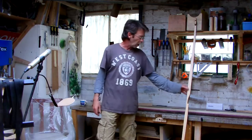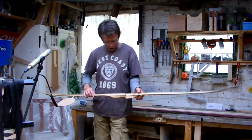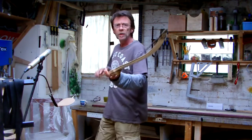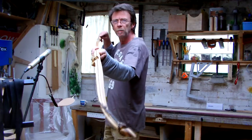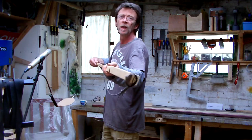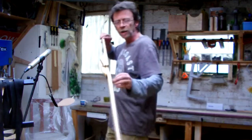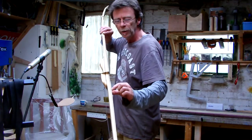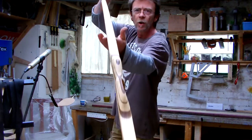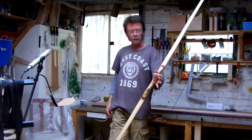We've not made a bow for a while, so I thought what we'd do this time is do one from start to finish. And what I'd like to do is something similar to this bow here. Now this, you may be able to see here, has tips made with rosewood and ash, and it also has a slice of rosewood coming through it and some slices also on the handle section, and the handle section is carved in to look like that. So we're going to make one of these,